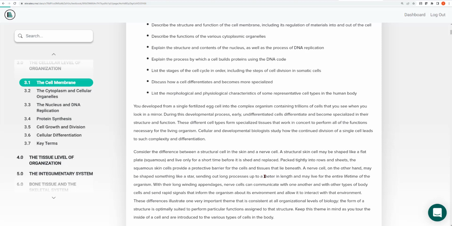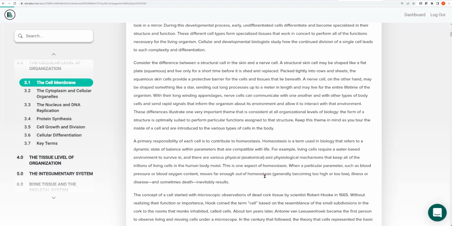You wouldn't be able to see each cell very easily, but they're made up of these bundles of these long, skinny cells. So keep that in mind, that as we look at cells in the book chapter, we're going to be primarily dealing with that prototypic spherical cell. But keep in mind, cells come in varieties of shapes and sizes.